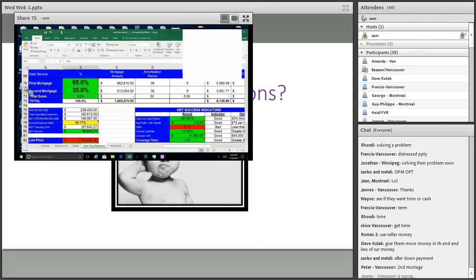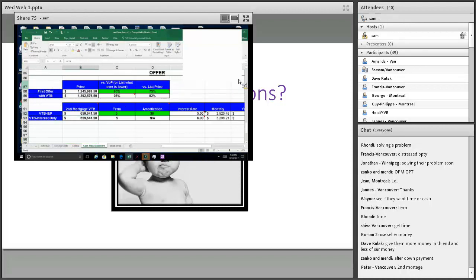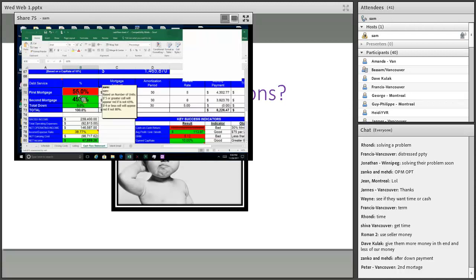Exactly. So if I change this to 455, and I change it, because this automatically assumes you're going to put 10% down, but we're going to change that. We're going to assume that we put up 55 from a financer and the second mortgage was 45, okay? That covers the whole thing. When we come down here, you see the numbers increased, right? They increased because the VTB is covering that second mortgage position that we've identified in our financing, okay? All right. So let's go back to 65 and 35, okay?